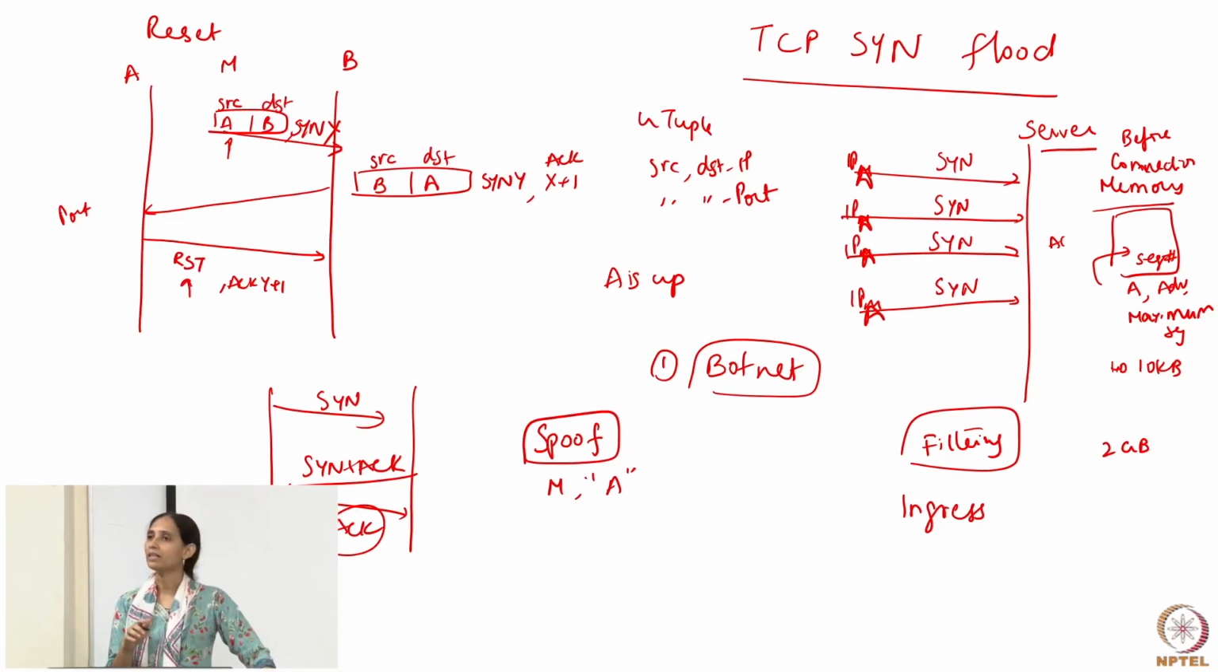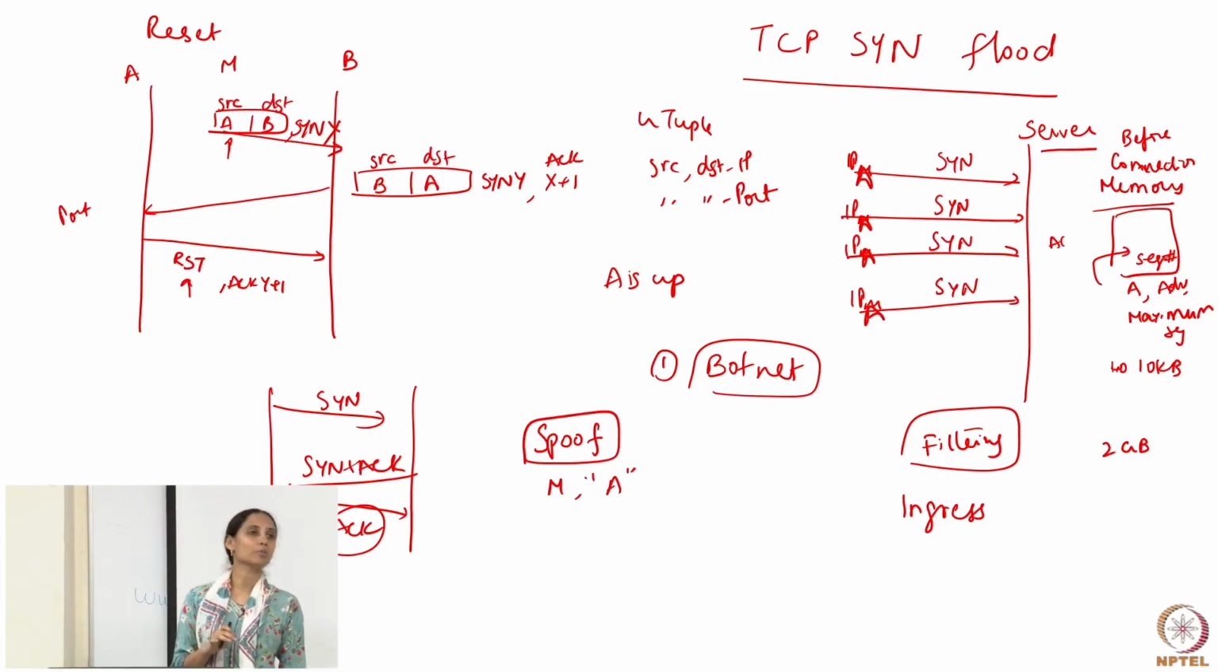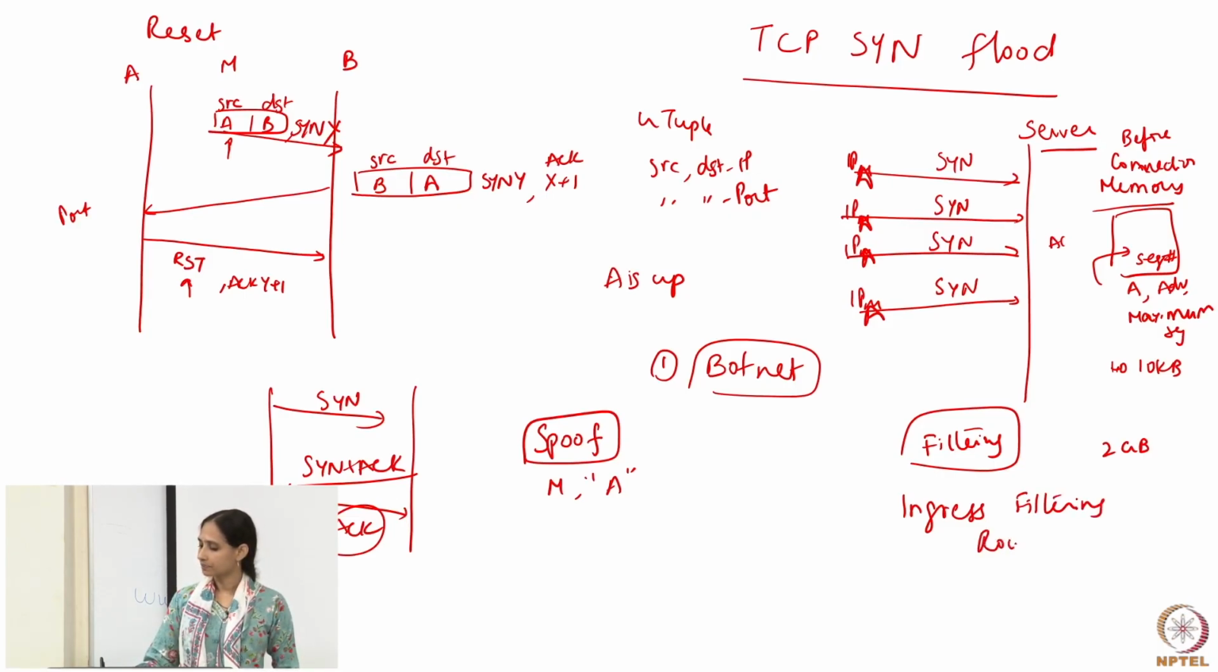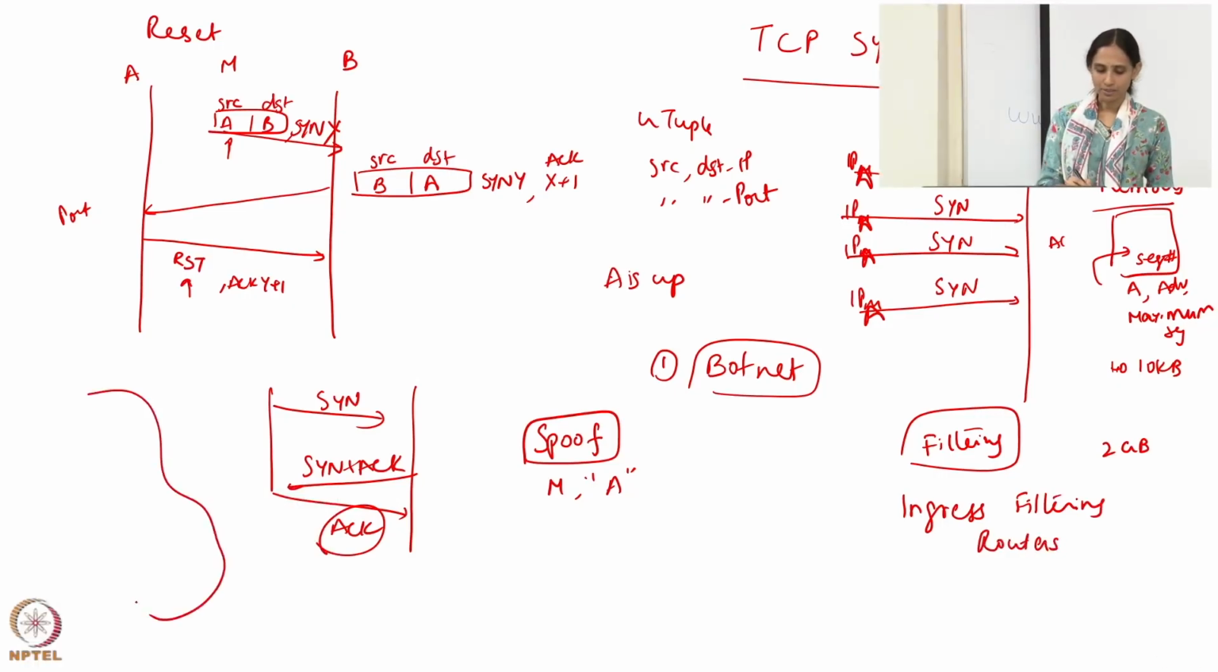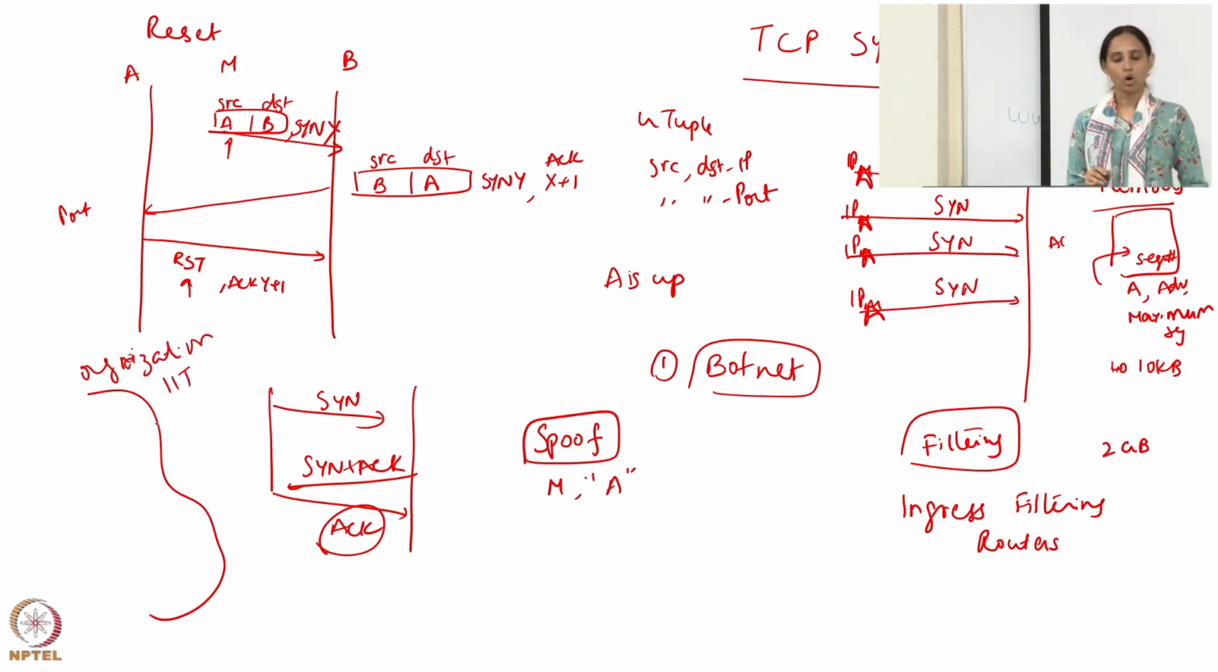Okay, so oftentimes the solution against this type of spoofing is called ingress filtering. This is employed by routers. So, let me tell a little bit about that. So, for example, this is an organization, let us say IIT Bombay. Now, this IIT Bombay organization has been assigned a certain IP address block. I am just making up some number. Let us say it has been assigned this block